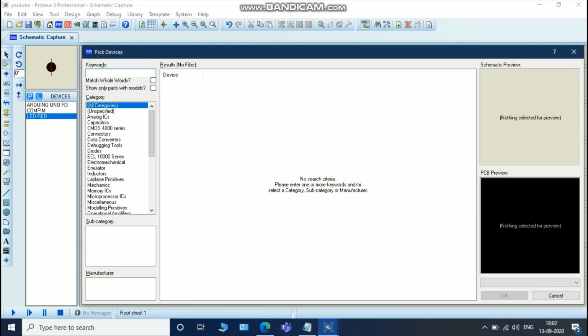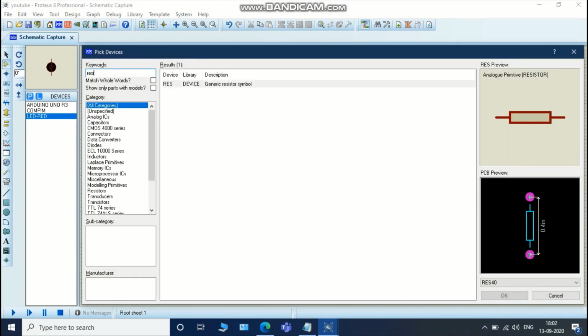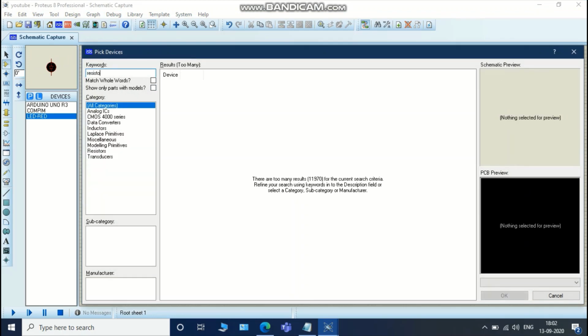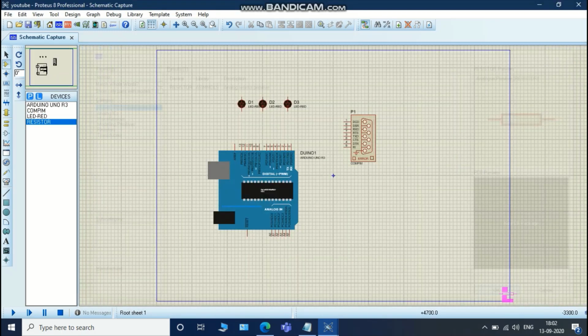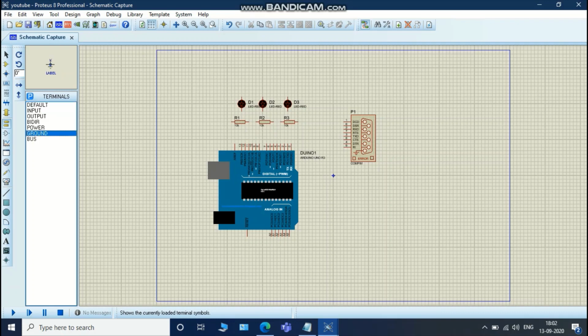Okay, for 3 LEDs, we need 3 resistors: R1, R2 and R3. And finally we need ground. Go to the terminals and click ground.